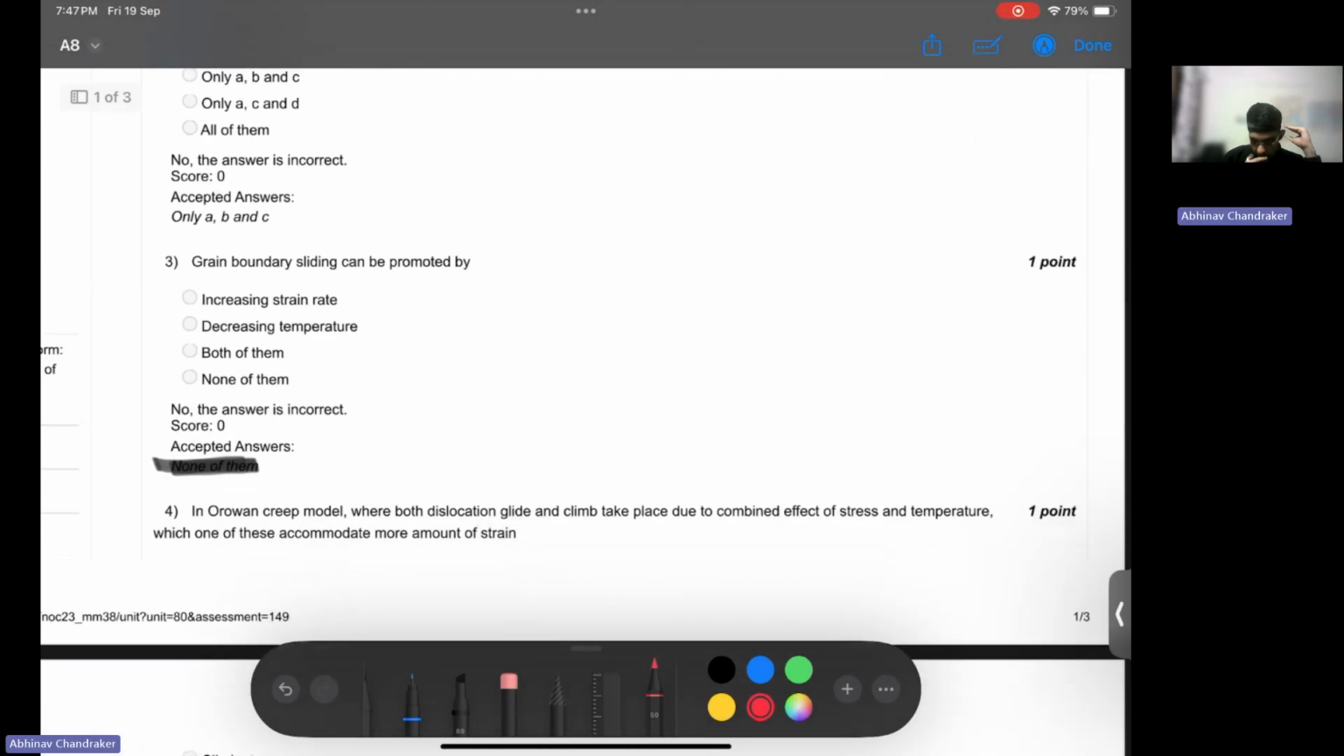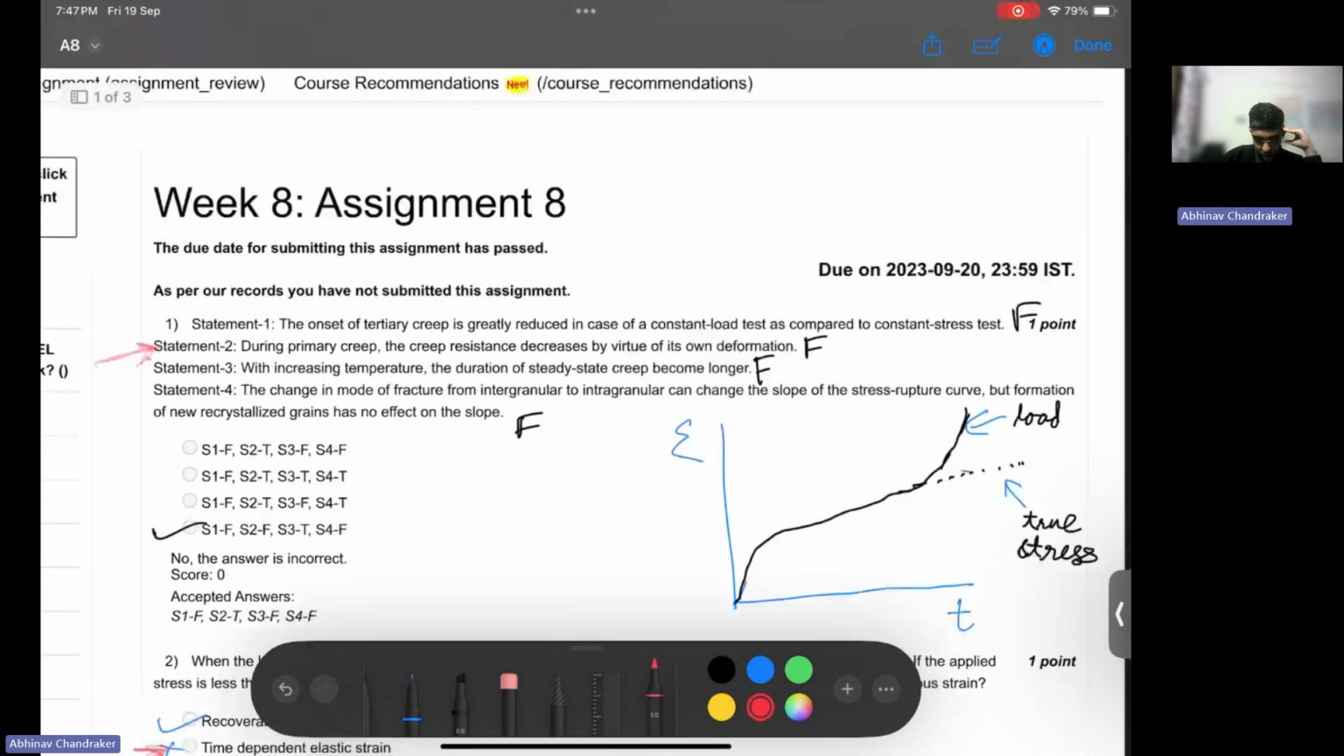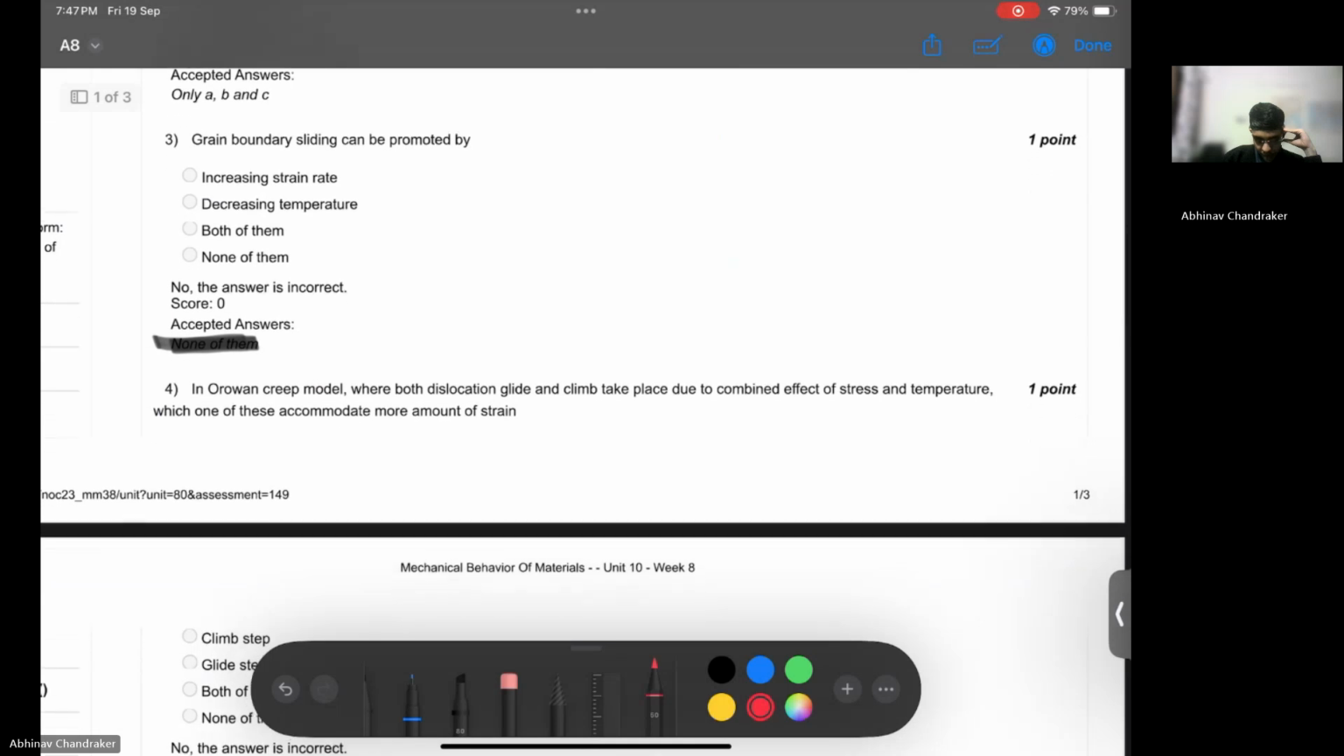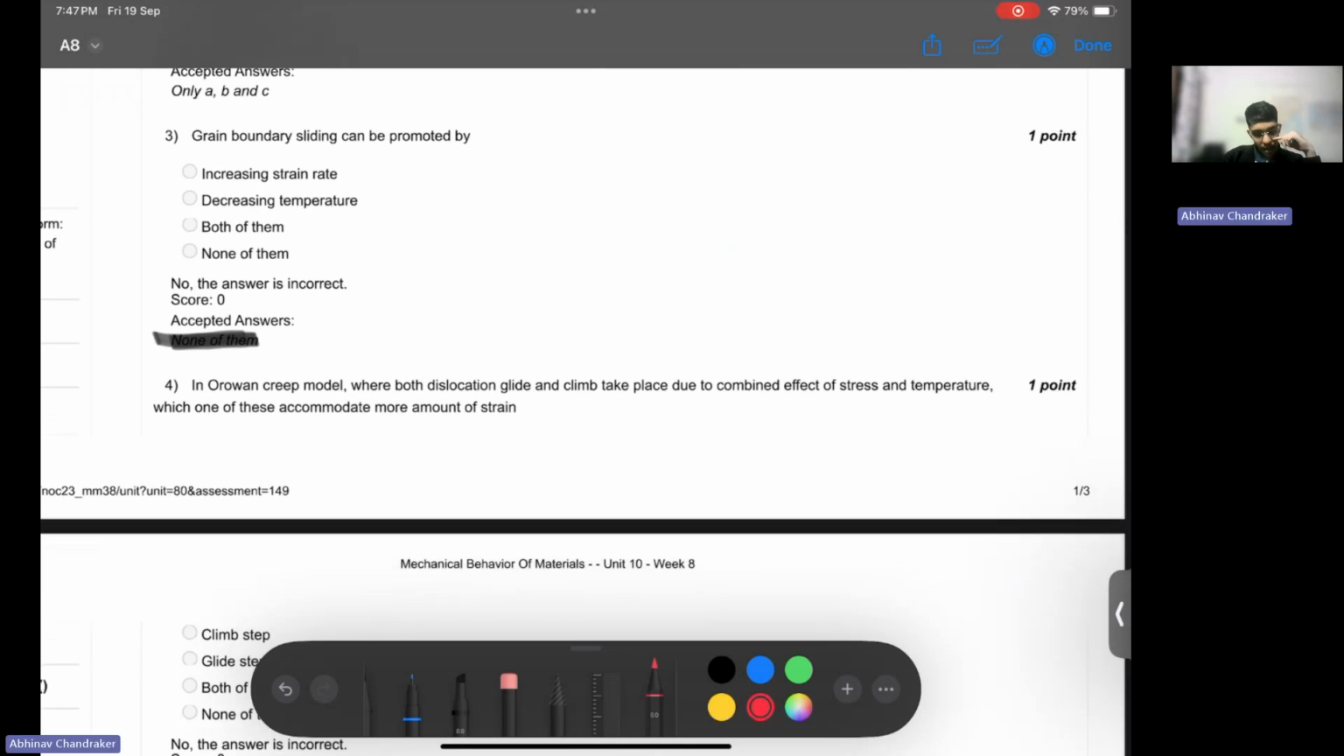Okay, let's see the next question. I'll look at these again after the class and try to understand. Then I'll let you know if there is any change I feel in the answer key. Grain boundary sliding can be promoted by increasing strain rate, decreasing temperature. I think the answer